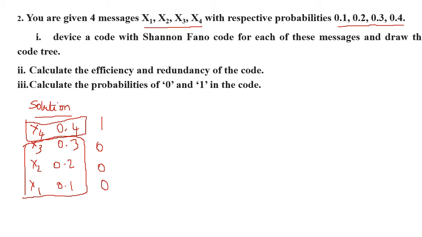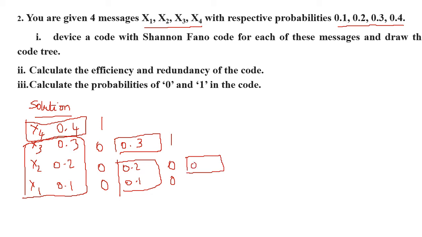Next, you have 0.6 as the total sum probability for the second subgroup. We divide it into 0.3 as one subgroup and the remaining 0.3, which is 0.2 plus 0.1, as one more subgroup. Assign 1 to one subgroup and 0 to the next. Again, repeat this process of subgrouping.